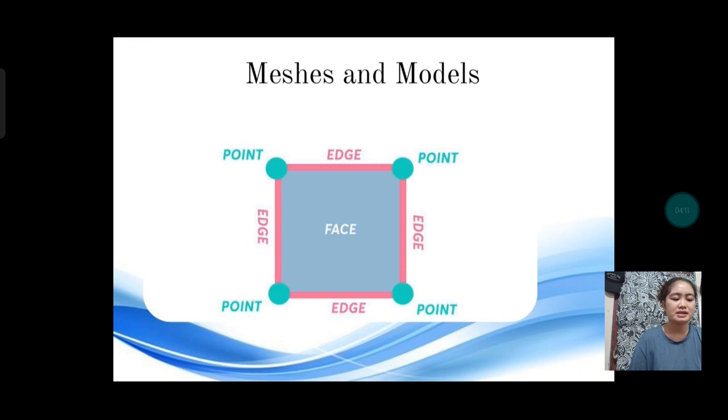In order for faces to form in a model, there need to be at least 3 points and 3 edges. Therefore, it is safe to say that the most basic form of face in 3D modeling is a triangle.